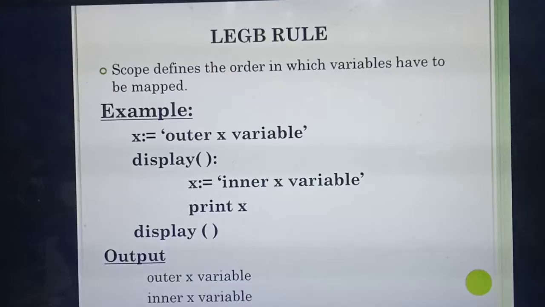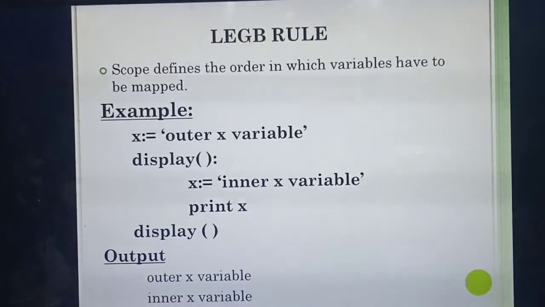Which variable will give the output first? Always the variable declared outside will run. So what's the variable declared outside? x equal to, outer x variable. So what output you will get? Outer x variable. Next it will come to the function inside. So what output you will get next time? Inner x variable. Print x, isn't it? So listen carefully. Both times you are defining the variable with the same name. So the compiler will get confused, or a programmer will get confused about which variable's output you will get first. So to avoid that, you need to give one rule. So which variable needs to execute first?